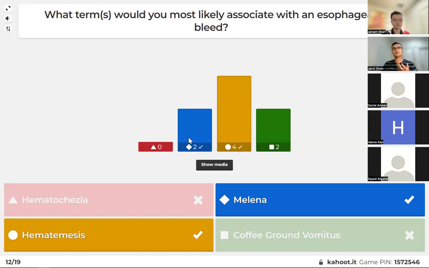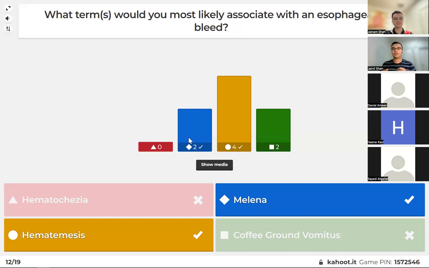So hematemesis refers to, again, red, fresh, pink blood in emesis or in vomit, whereas coffee ground vomitus refers to sort of darker vomit, the digested blood, essentially. So hematemesis is, again, going to be caused by an upper GI bleed because if you have a bleed above the stomach, that's not going to be able to pass through any digestive chambers like the stomach as it comes out in the vomit. And with coffee ground vomitus, that's usually associated with things like peptic ulcers, where the ulcer